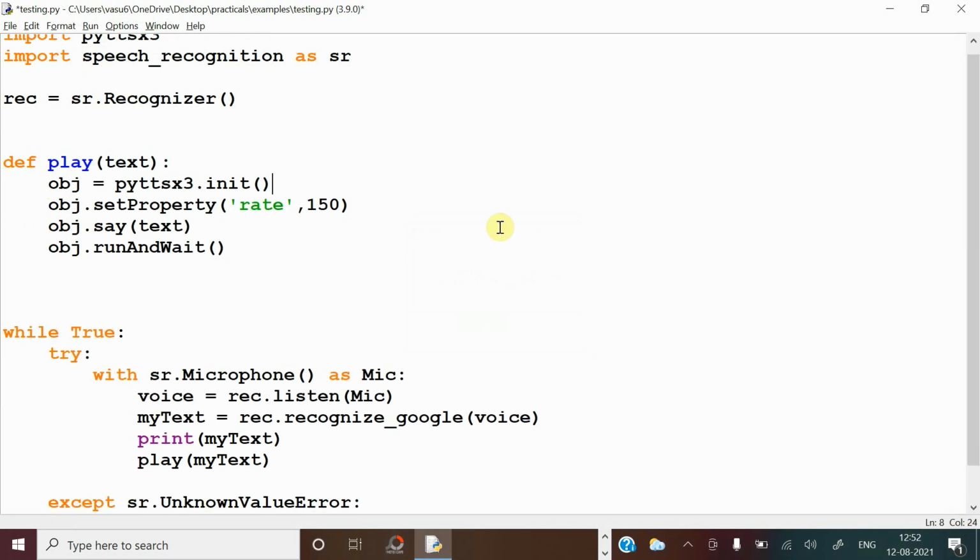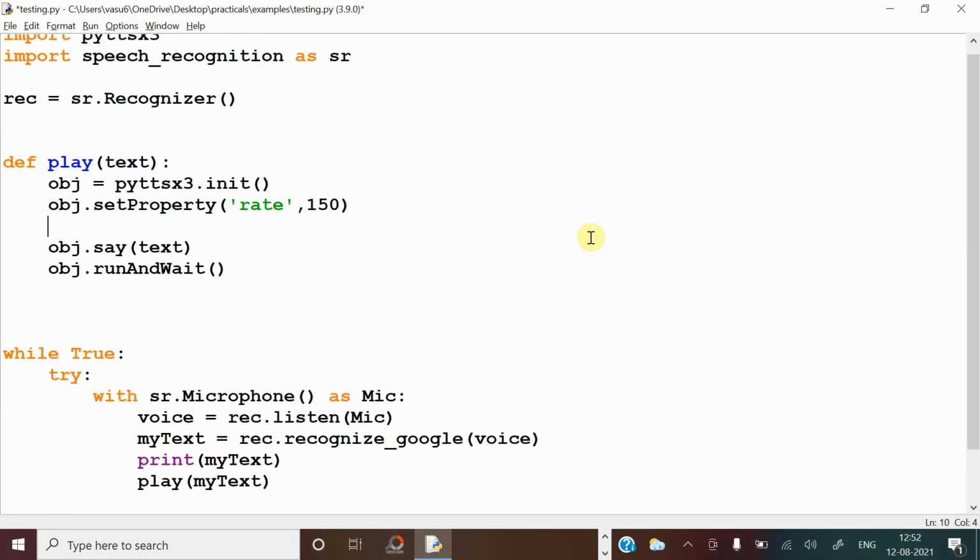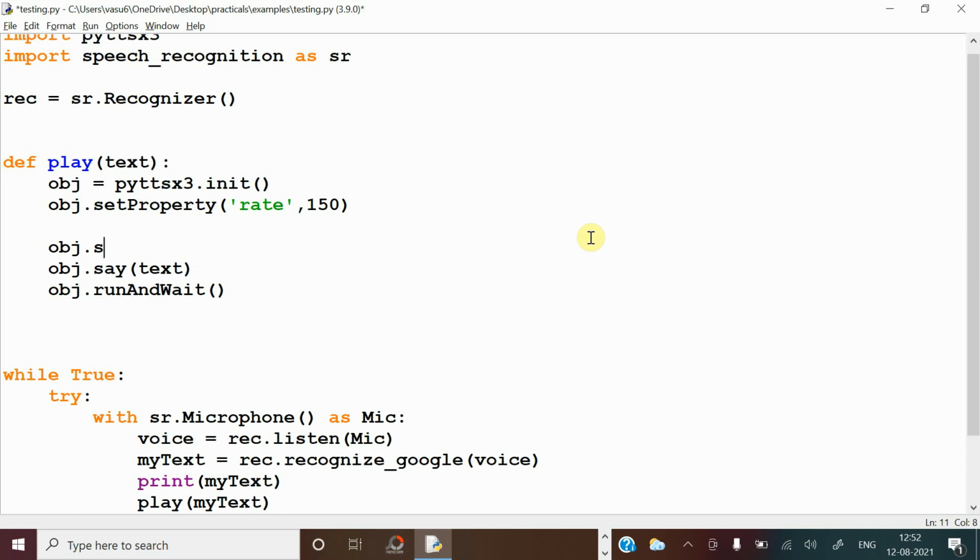Now, generally it is speaking with a male voice. What if I want to go with the female voice? For this you can set one more property: obj dot setProperty. You have to set the property for voices. Here there are different voices, and we have to select one voice from the list of voices by id.